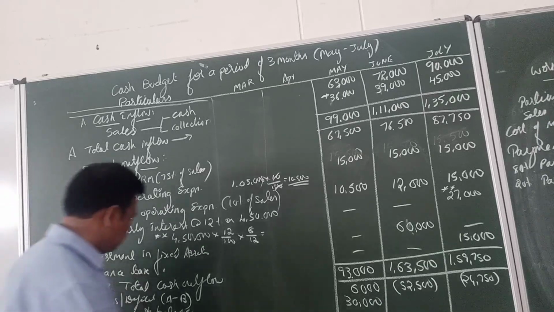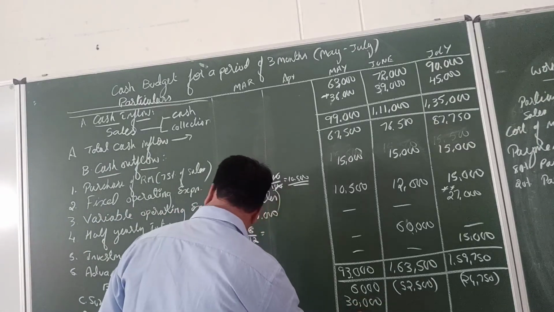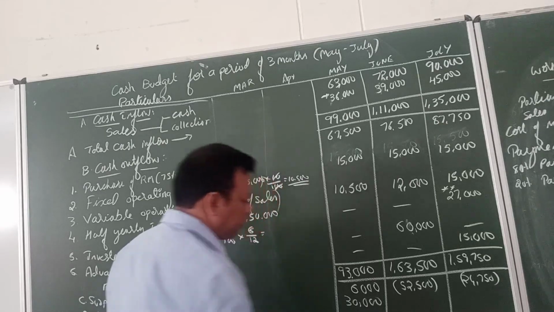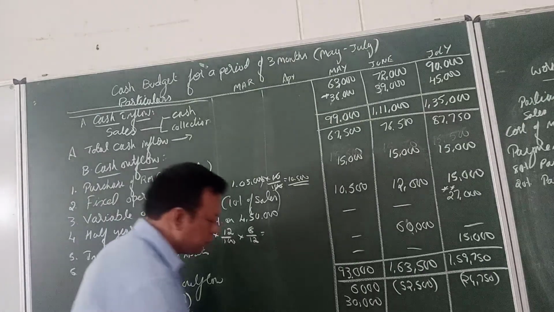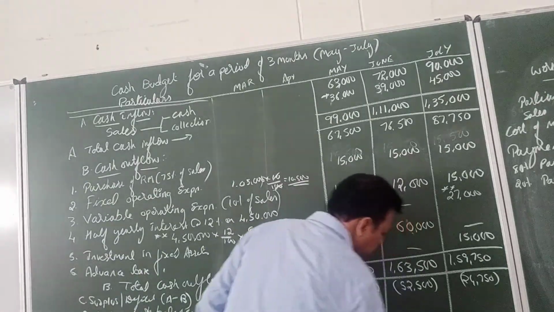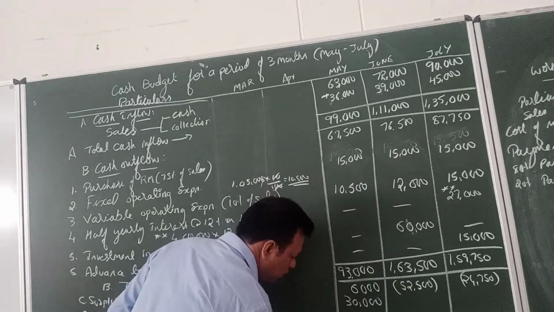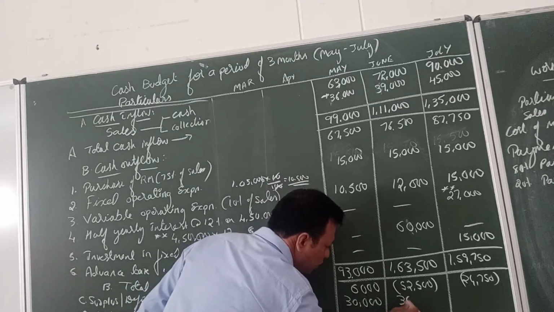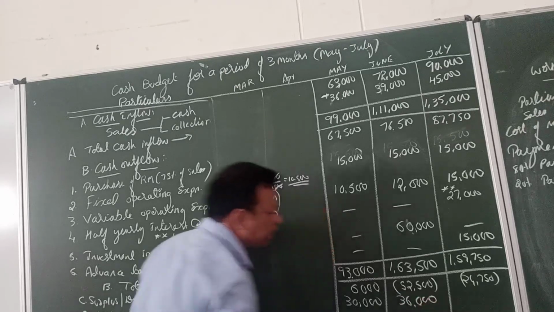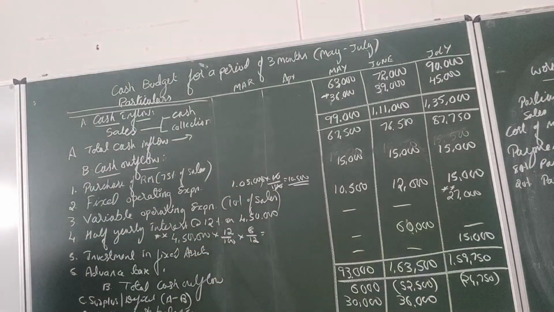Okay. So opening cash balance we got, then borrow, there is no borrow. Because we have to maintain 30,000 cash balance, and already we have excess 6,000, so we do not borrow anything. So what is the closing cash balance? Closing cash balance is 36,000. So this will become opening cash balance here. Okay. So now 36,000 minus 50,500. What is the negative you will get? 16,500.